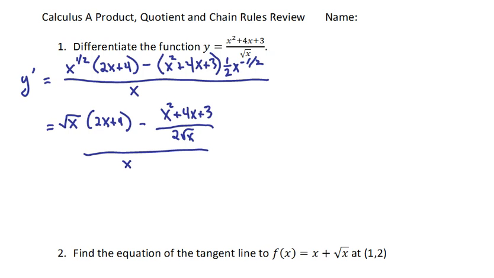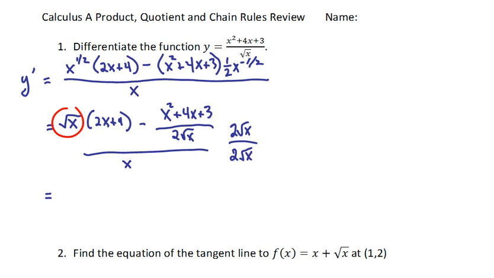Alright, so rewriting it, I get square root of x times 2x plus 4 minus x squared plus 4x plus 3 over 2 square root of x, and that's all divided by x. The easiest thing to do here would be to multiply top and bottom by the square root of x, or by 2 square root of x. And I'd have to distribute this out, so you have to be a little bit careful with this. Well, 2 square root of x times square root of x